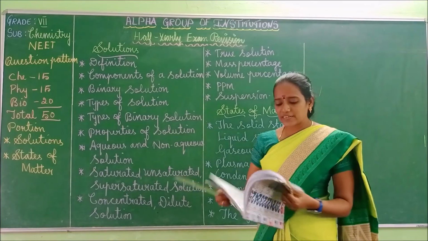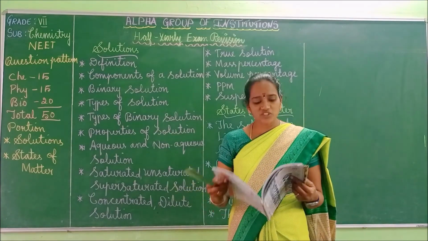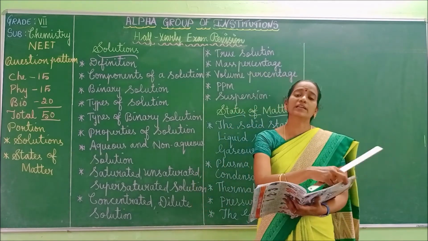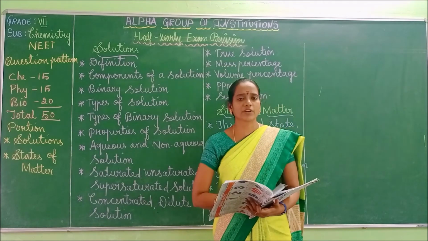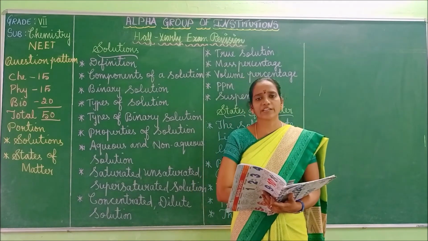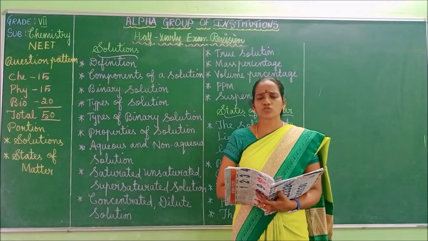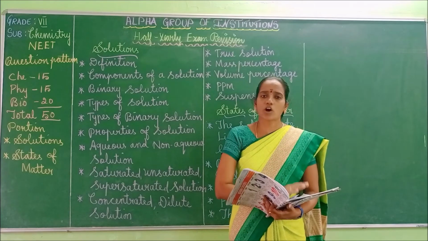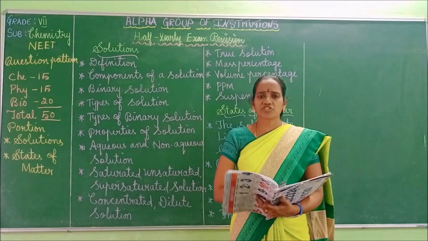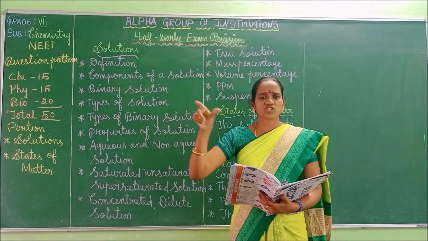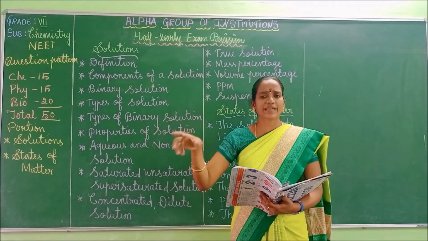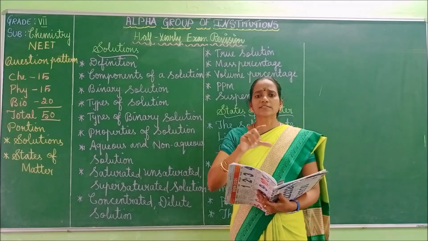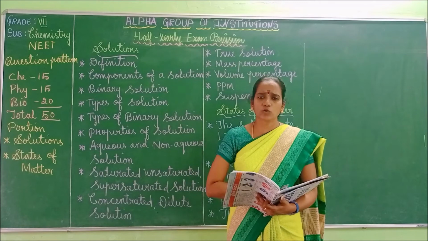Now take states of matter. On the first page, the general characteristic features of solid state, liquid state as well as gaseous state are given. Minimum 4 to 5 points are given in our book. Everything you have to go through, children. Definitely one question you will be getting from solid state or liquid state or gaseous state. You may get a question like this: Solids have dash volume. Solids have dash density. Liquids flow from dash level to dash level. Gases are highly dash. Like that you will be getting questions.